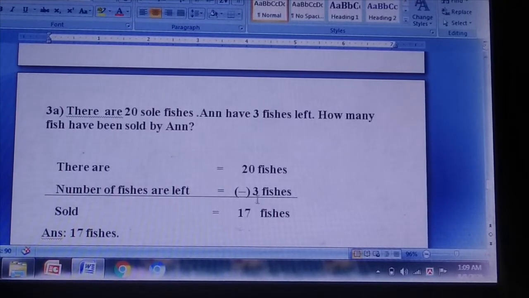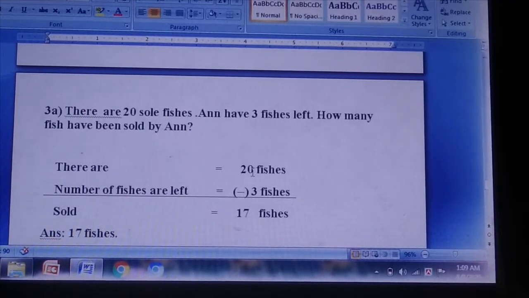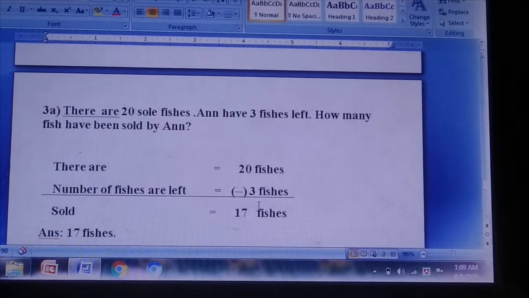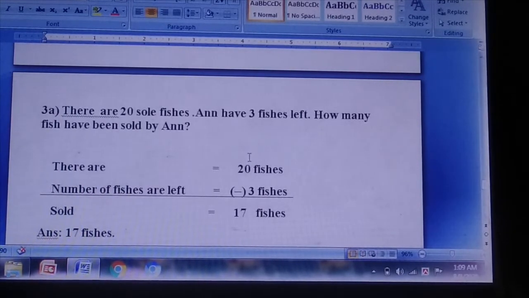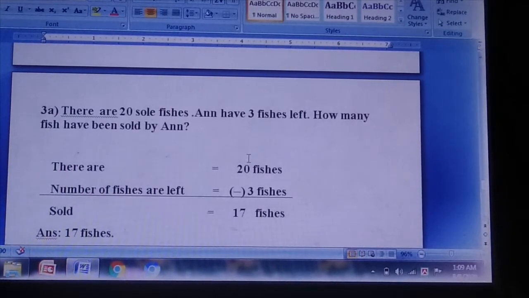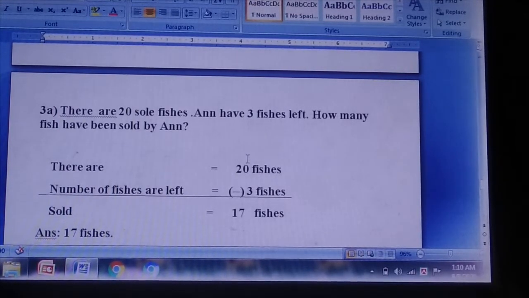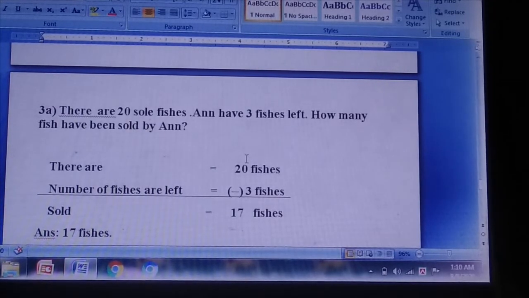I repeat, when we start subtracting, we start from our right side. Our upper number is 0 and lower number is 3. 0 is smaller than 3. So we borrow 1. Keep in mind that there is a 1 on the upper side of the 0 and it will be 10. Then you count from 4 because our lower number is 3.